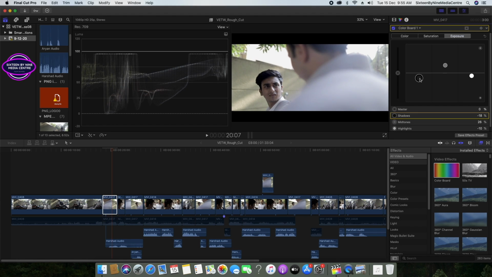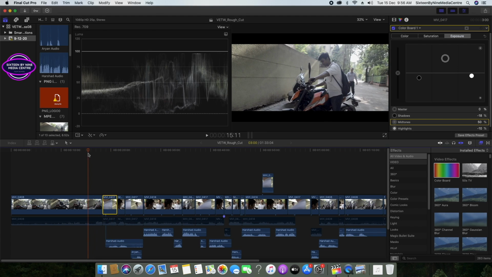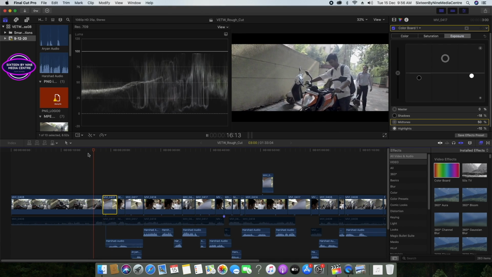So this provides the contrast also. If I'm putting the highlights at the top here and putting the shadows to 0, it is giving a nice contrast also, right? So not much, yeah, this is much clearer now. Okay, I have increased the midtones quite a bit. Okay, so you can see clearly the face of the actor now. So we can see.